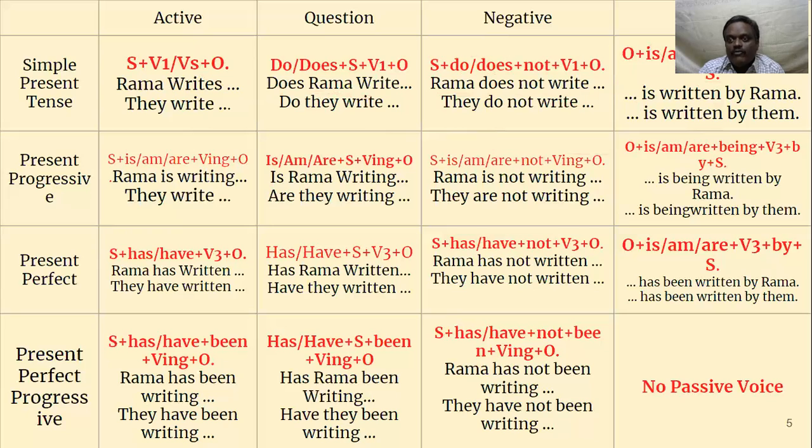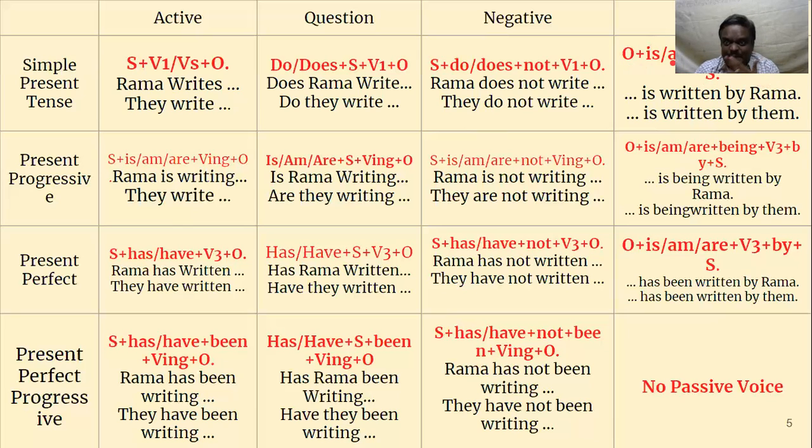Then the verb form changes. In active form, we only use V1 or V-s. But here, what happens? We have to use the B form. In B forms, we have to use is, am, or any one of these depending upon the singular or plural of the object, not the subject. Here the object is more important because the object is in the position of the subject. So it is actually the subject. Only for the explanation's sake, I am telling that the object is at the beginning and the subject is at the end. Actually, it is not like that. It is a subject now.